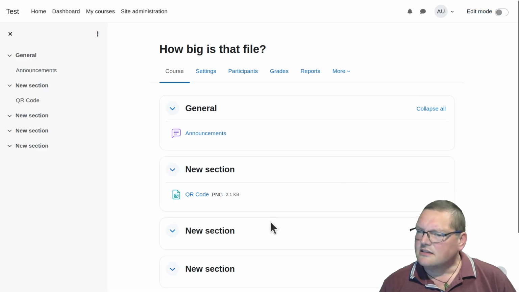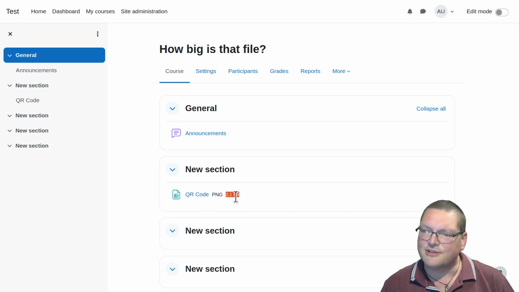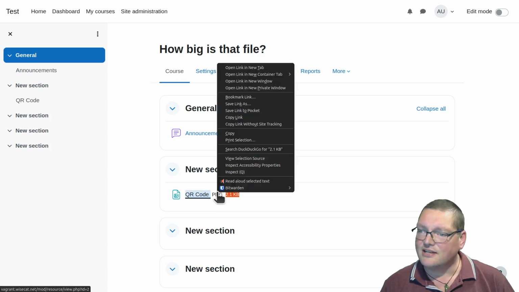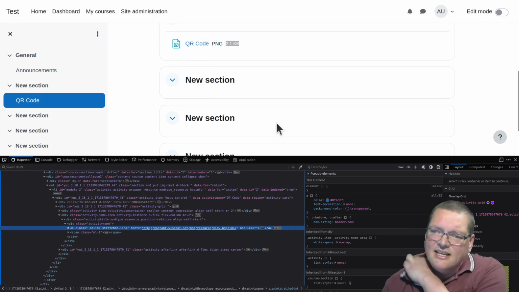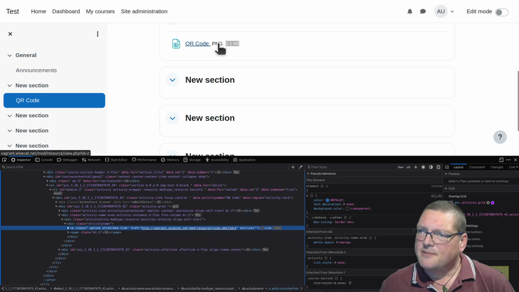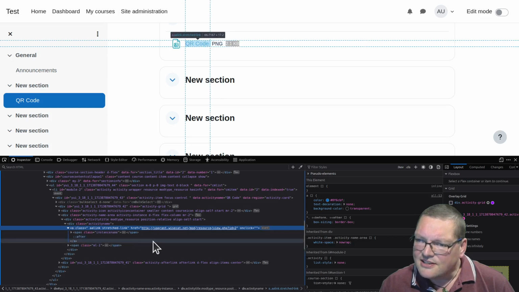I think it's a little odd. I would actually put the other file metadata in one place. So if you've got your PNG here, I'd actually put the PNG information together with the 2.1 kilobytes of information as well. For some reason it's here though. And interestingly enough, this also sort of blew my mind when I first did the inspect on this. But that PNG there, you see when I mouse over it, it actually highlights the QR code link. Well, that is because this here is actually,